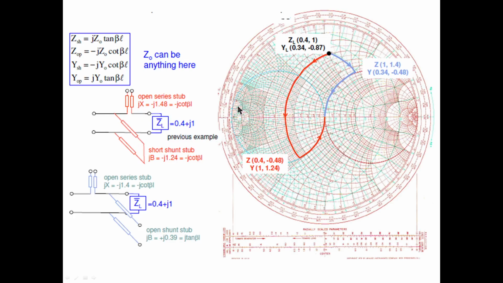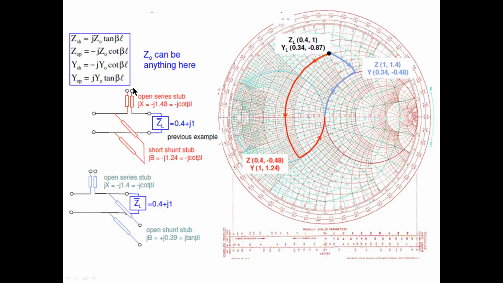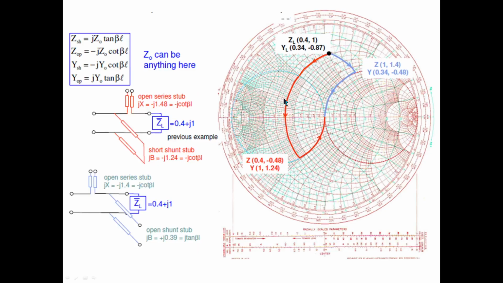This is one solution. Moving from here to here, then to here, gives one impedance match solution. That is like this, a capacitor and inductor here. This capacitor is replaced by a stub like this, because we know the normalized reactance of this from here itself. From the Smith chart itself, if you know the normalized reactance, we can find the length of the stub. What is the length of the stub to provide that particular value of X?